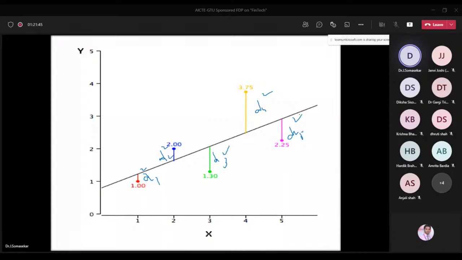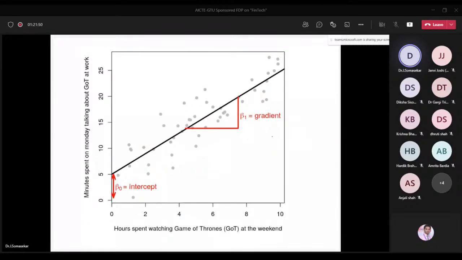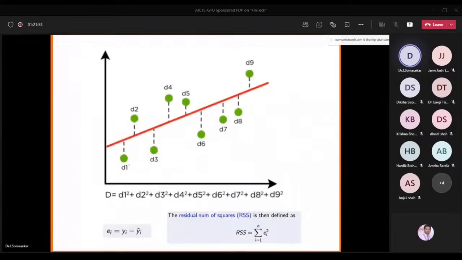Now, we always have to square these errors and look for the minimum. You can see here, we calculated the residues D1, D2, D3, and we have to square them. Why? Because here we have a negative error, here a positive error, here a negative error, here a positive error. So we want to bring everything to a common platform. That's why I want to square. If you do not square, then sometimes you will get a sum of errors of 0. It does not mean it is the best fit regression line. That's why we always have to take the residual sum of squares. That is called RSS, and it should always be minimum. If it is minimum, then that is the best fit regression line.